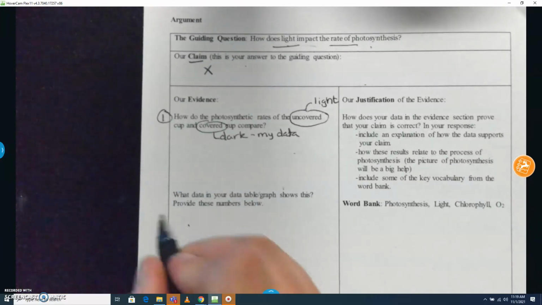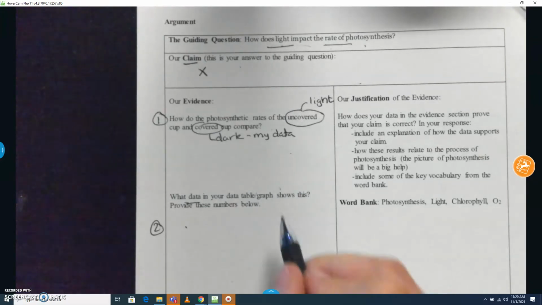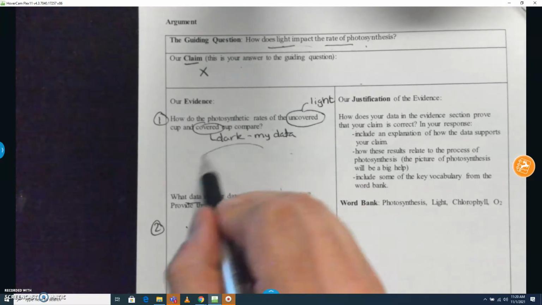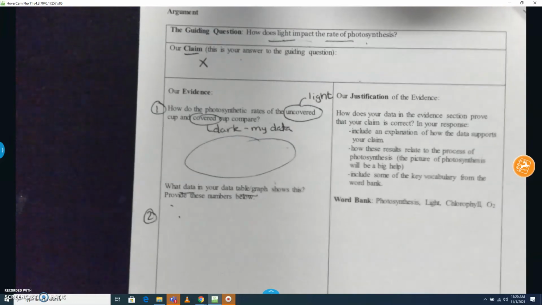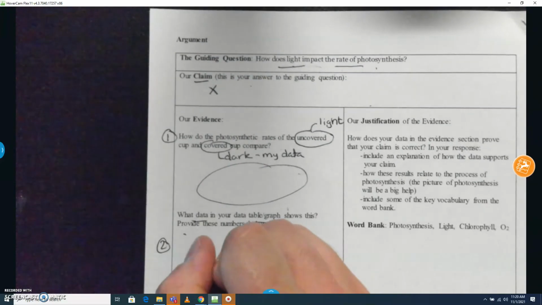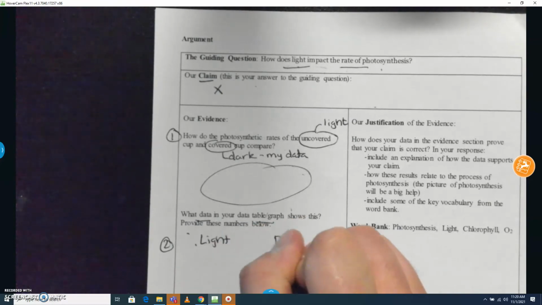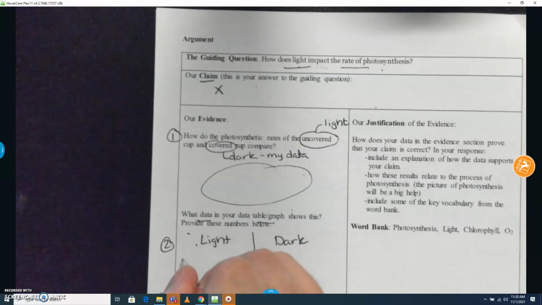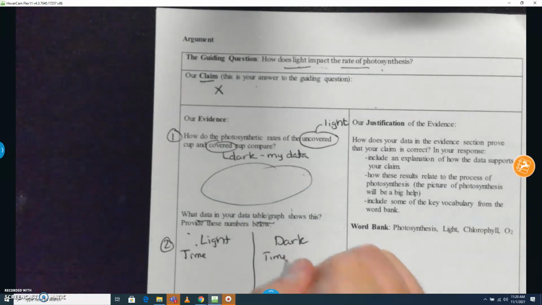Right here, the second part is you need to actually give me numbers in your data table or your graph that show that this is happening. All right? Provide those numbers. So you might want to say something like light, dark, time, time,